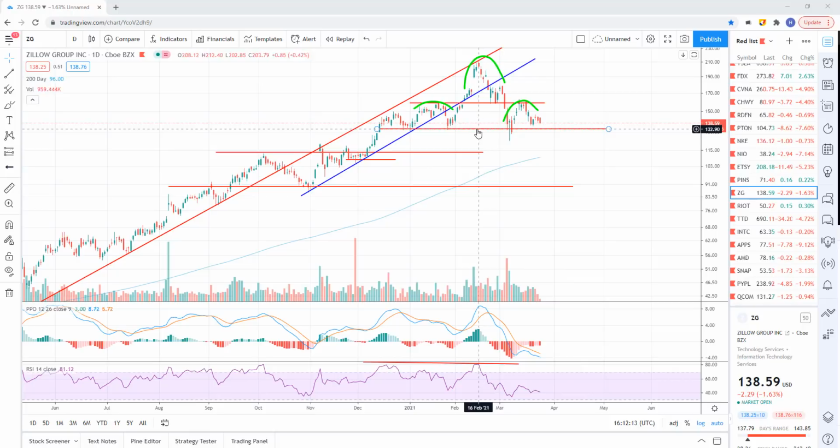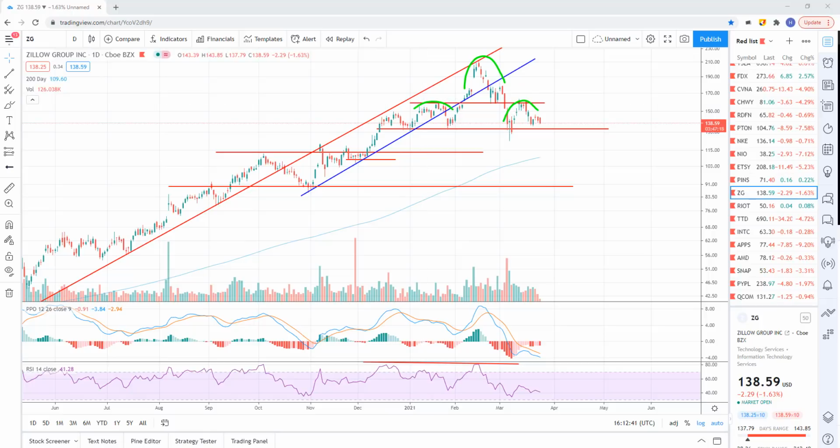So that would be my target on that one. Obviously the 200 days down there, so you'll probably get a bounce off of that. We'll probably break, run into the 200, bounce back up to 133, and then continue lower. So this will take time, but ultimately, about 90 bucks would be the target on that one. But you got to wait for the break of that 133. If you don't get that, we could bounce and just head higher and just negate this whole head and shoulders